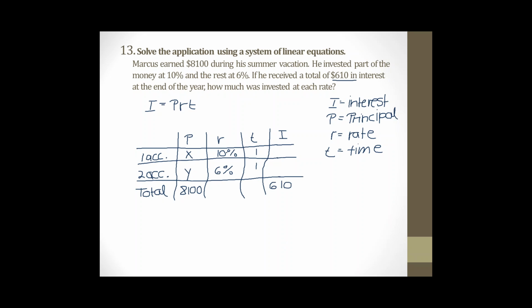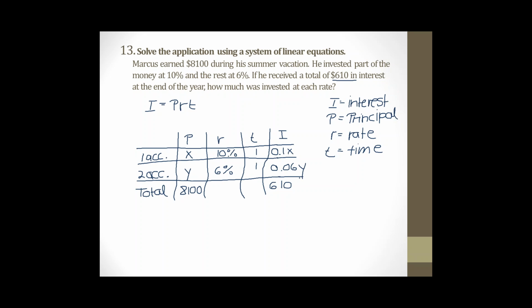Now, going to the right, remember I equals PRT, so I'm just going to multiply these three items together. And remember, whenever you're dealing with a rate, you also have to convert it into a decimal. So 10% becomes 0.1. You move the decimal place 2 places to the left. So multiplying these together, I get 0.1x times 1 is still 0.1x. And then for the second line, I'm multiplying these together, again converting this into decimal. So y times 0.06 times 1 gives me